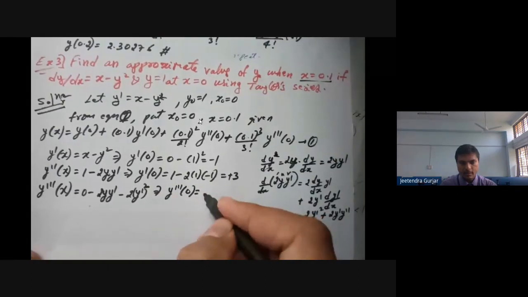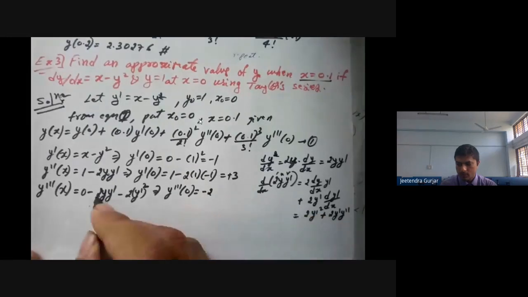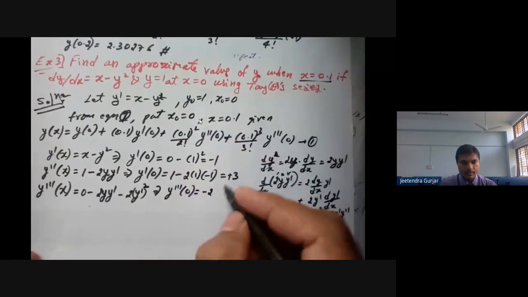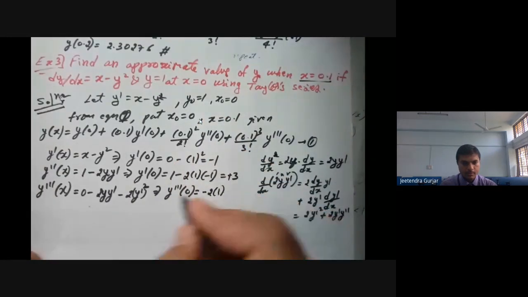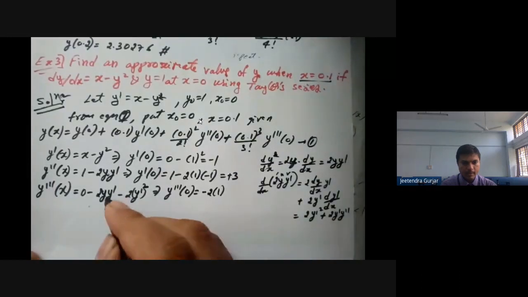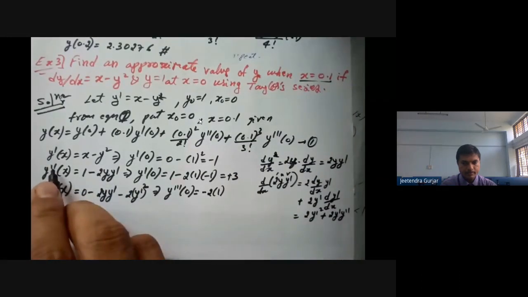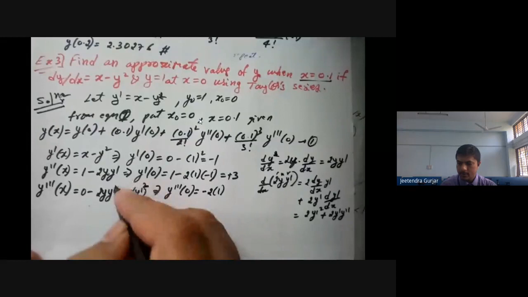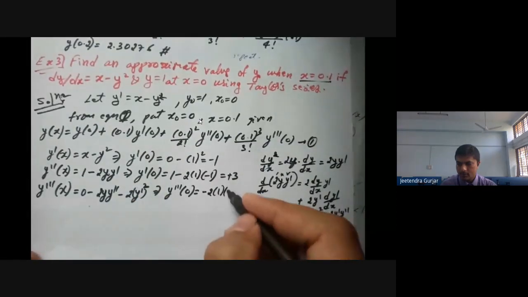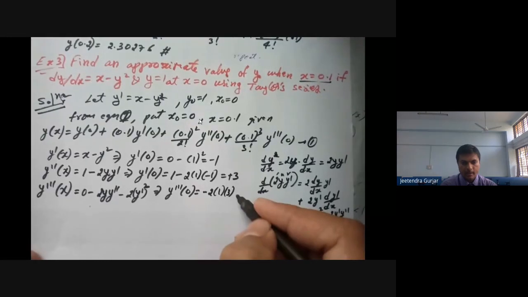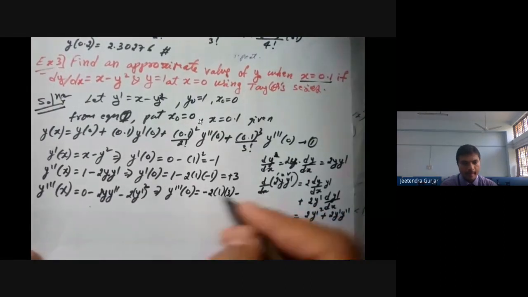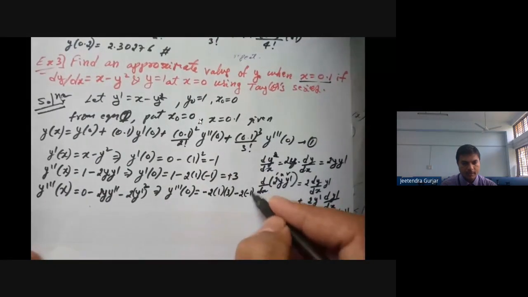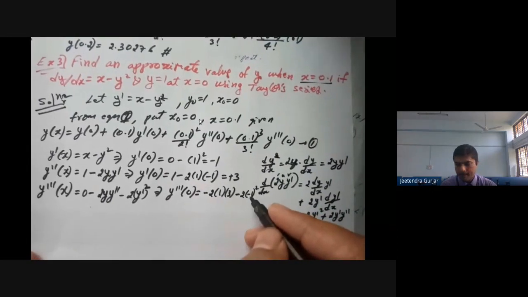So y triple dash 0 is equal to minus 2, y is 1, y double dash we have calculated it is 3. Yes. So substitute the values. So y double dash we have calculated here as 3. Then it is minus 2 into minus 1 square. So when you put it in the calculator, you are going to get this value. So it is 2y dash square. So minus 1 square plus. So this is going to become minus 8.